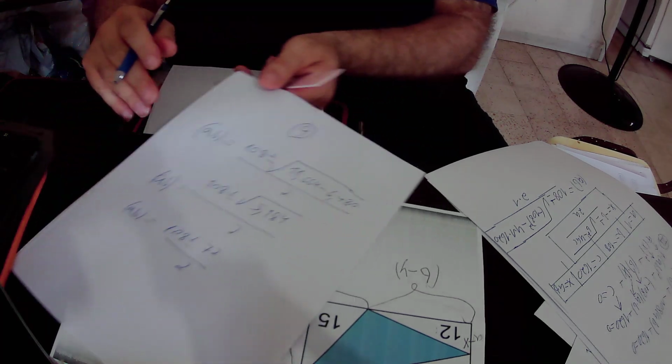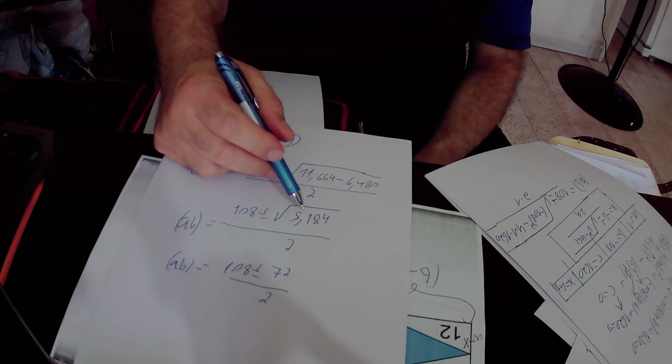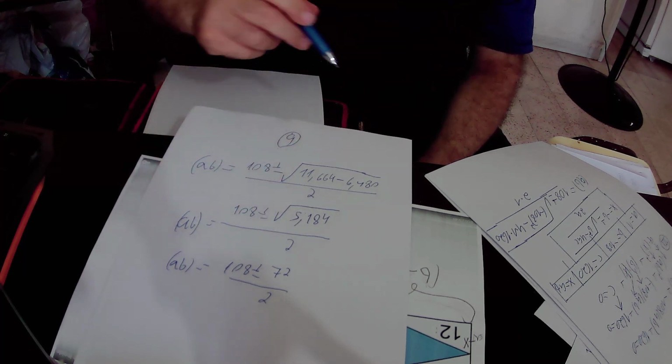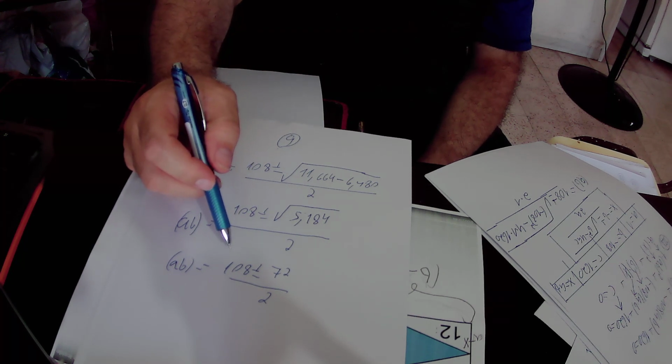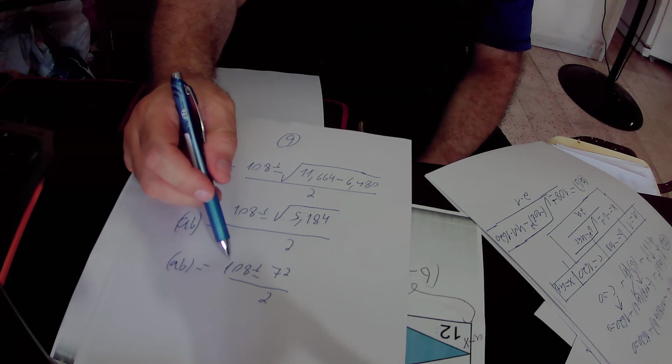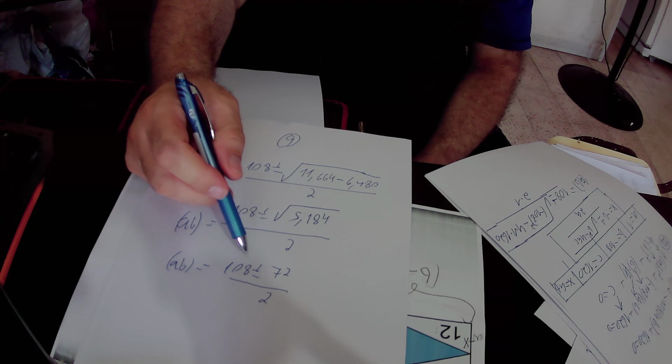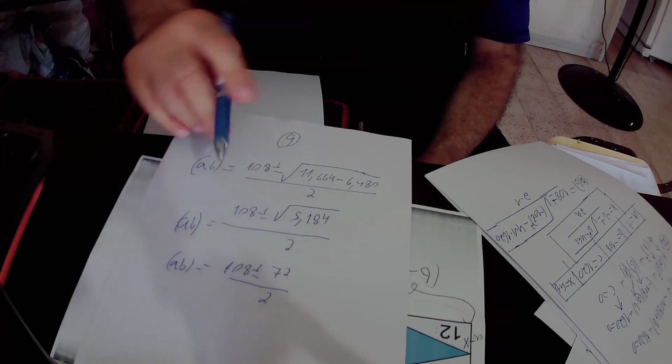Okay, the root of 5,184 is 72, so we have here all divided by 2, so it is 108 plus minus 72 divided by 2. So the first answer will be